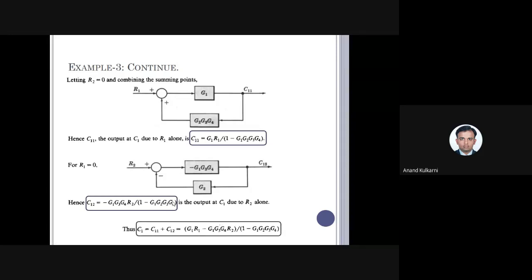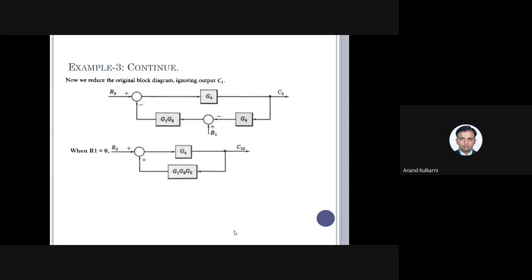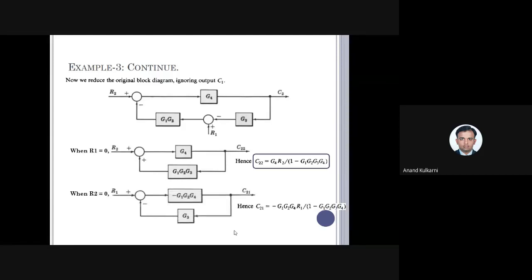So C1 is nothing but C1 in terms of R and C in terms of R2. After this, we have solved this. This is one part. Similarly, we make C1 0. In terms of C1 0, again try to solve these two parts. Again, you try to solve these two parts. Cascading, we get this answer. That is this. And this is not the end.